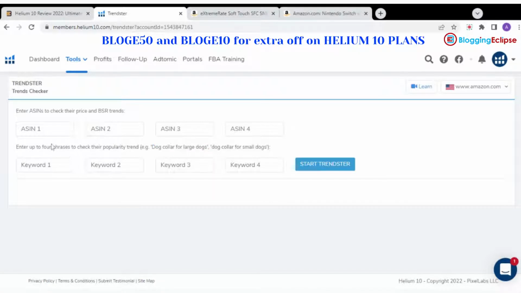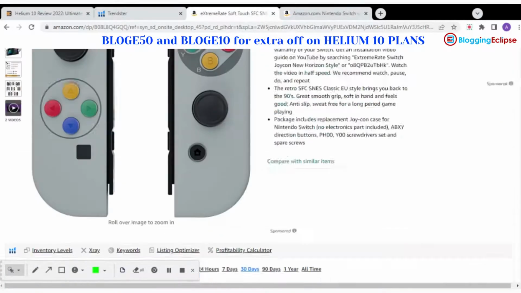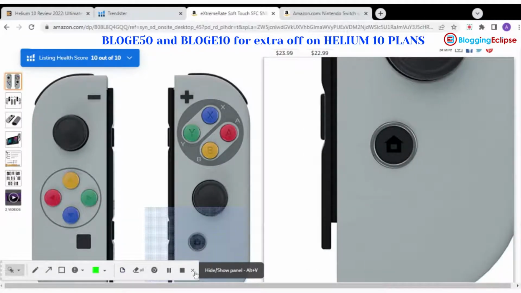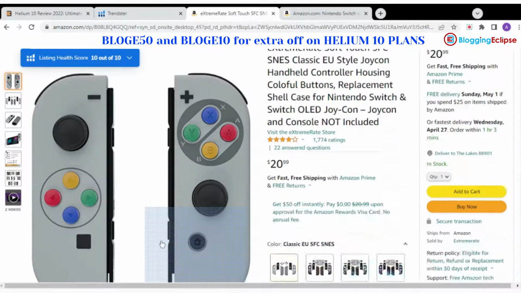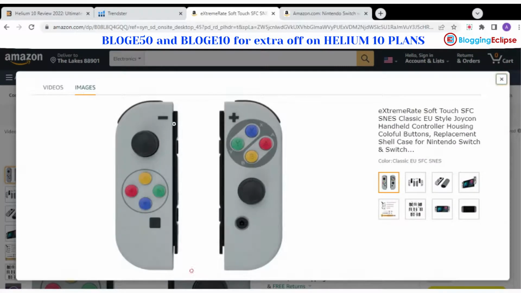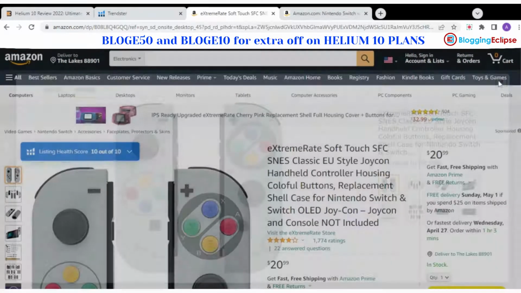For example, let's get started without any further ado. Here I have one product, and I have also installed the Helium 10 Chrome extension. As you can see, it shows the listing health score, 10 out of 10 for this product. You can also click on it for the product images, listing text, and everything, but we don't need to do that at this moment.